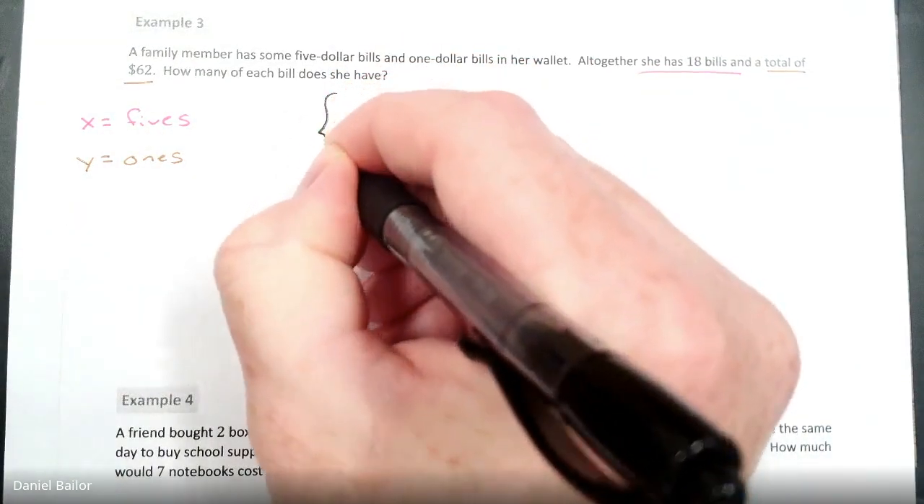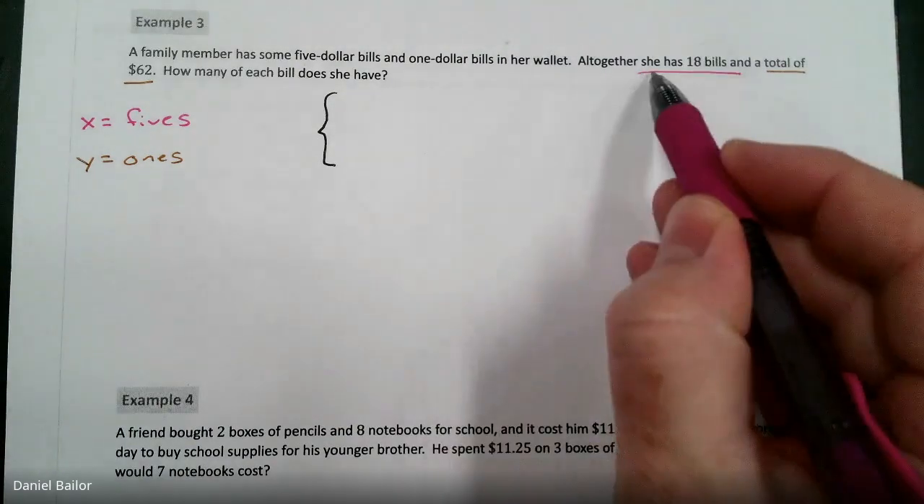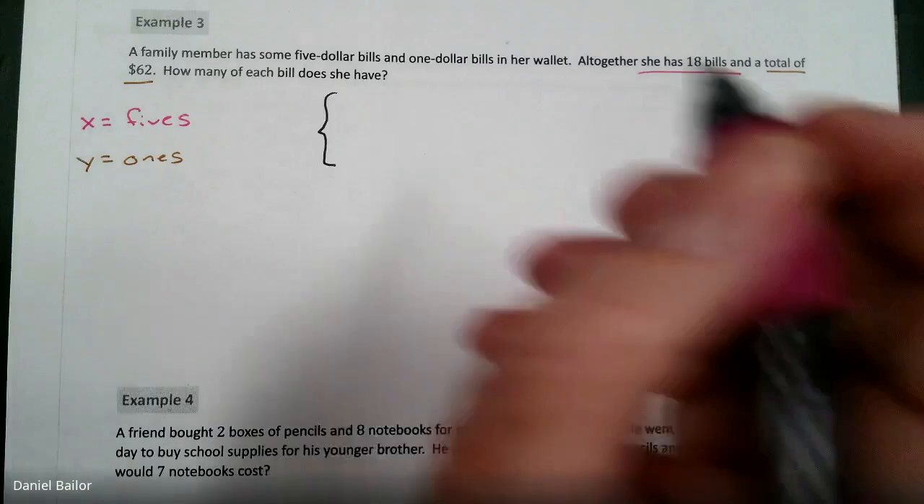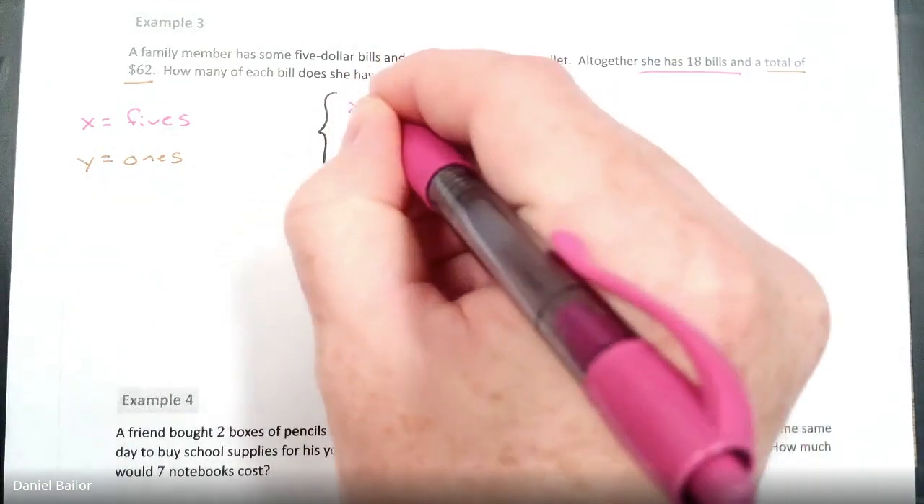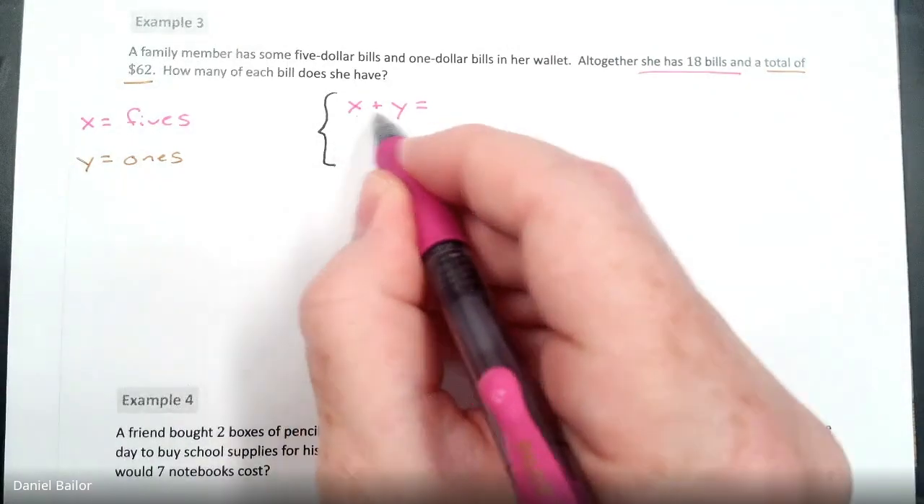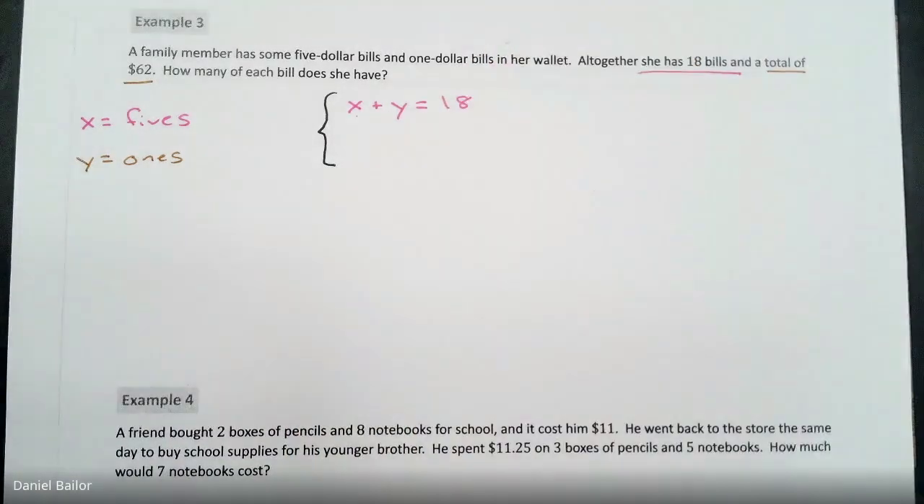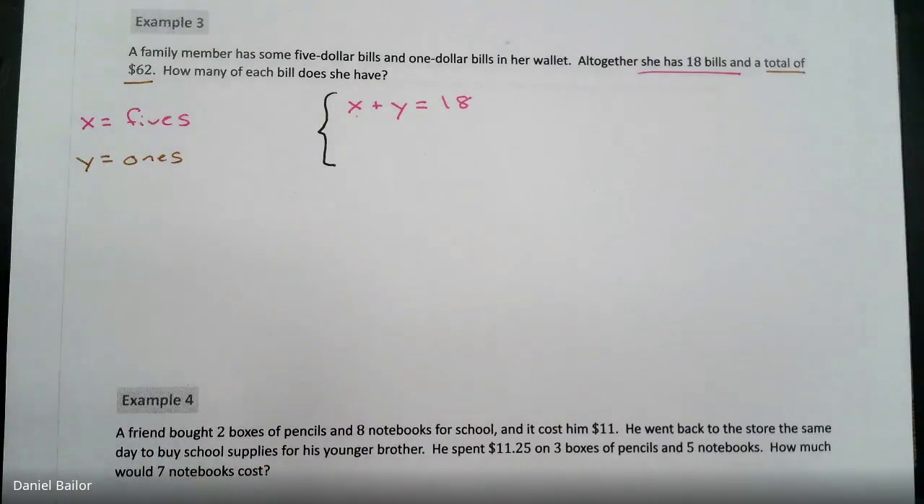And we need to solve this by translating it into a system. Now, what do we know? We know she has 18 bills altogether, which means we know her 5s plus her 1s, the number of 5s she has and the number of 1s she has, to be 18 bills altogether. What else do we know? Well, we know she has a total of $62, which means